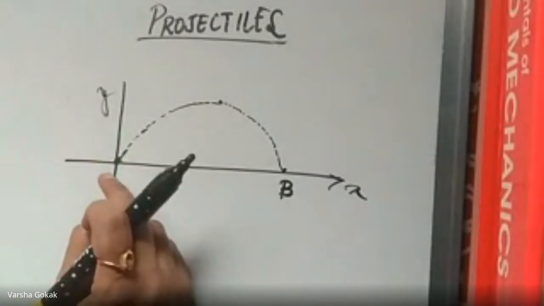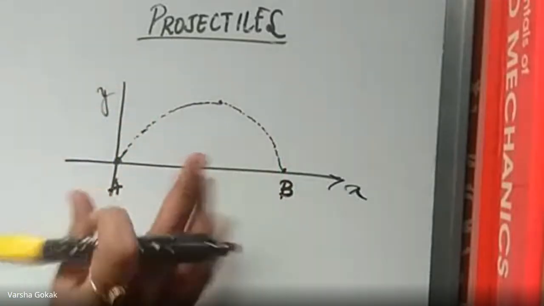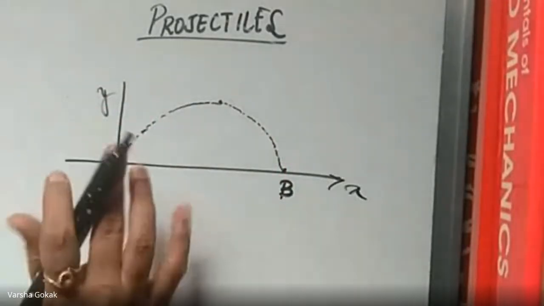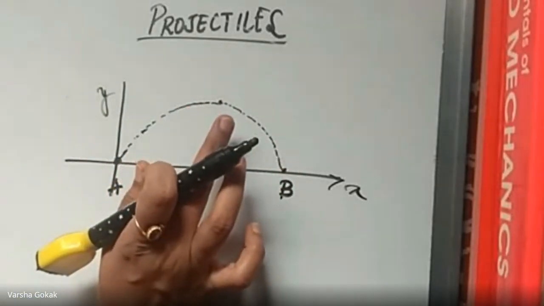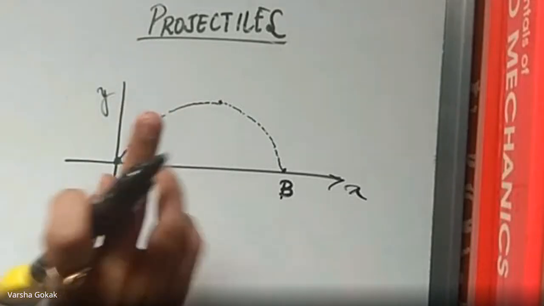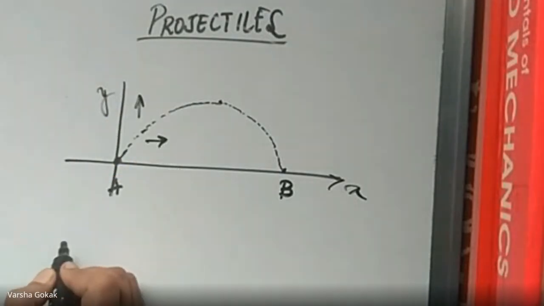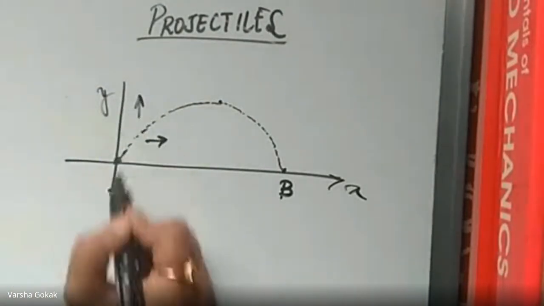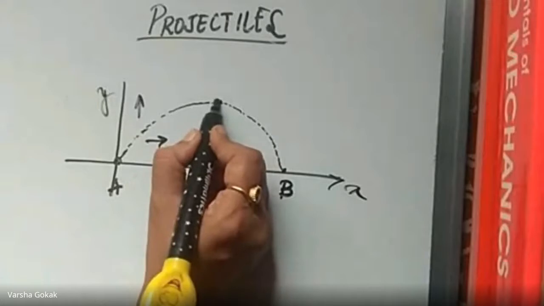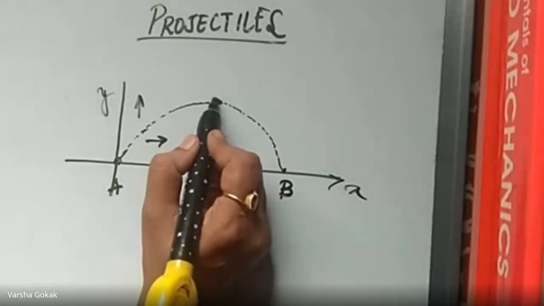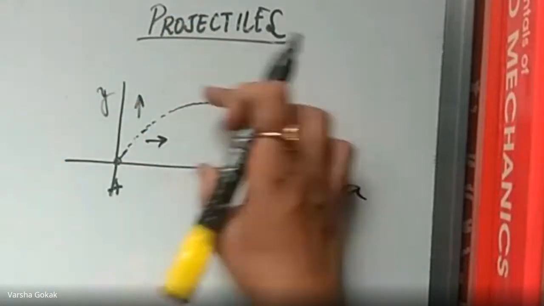So if a particle moves along a curved path when freely projected in air, I freely left it. Initially I gave it a velocity. That's it. After that it went on its own and fell down, right? So when freely projected in air, it will have a combination of two motions. One is vertical motion, as well as horizontal motion. How do I tell the vertical motion? I started from this level, and the ball reached this point, this height. That means it has achieved this height.